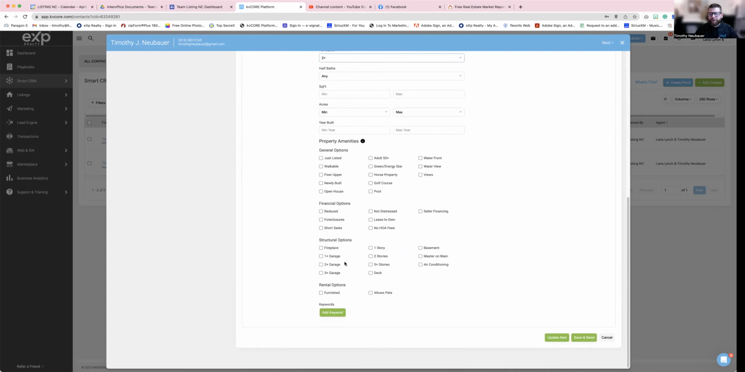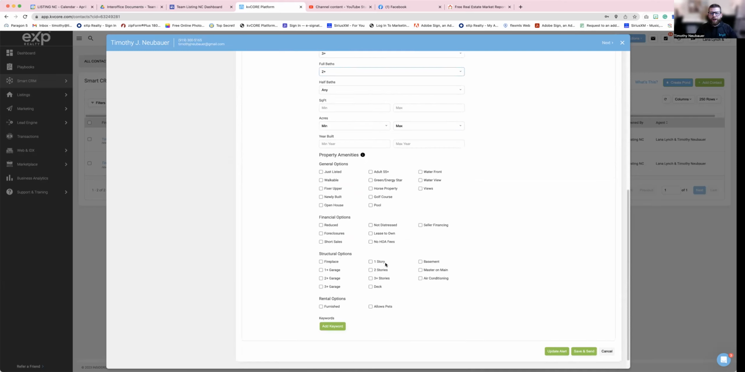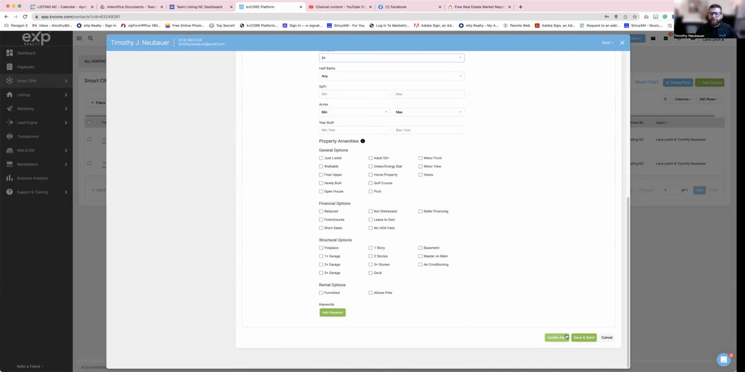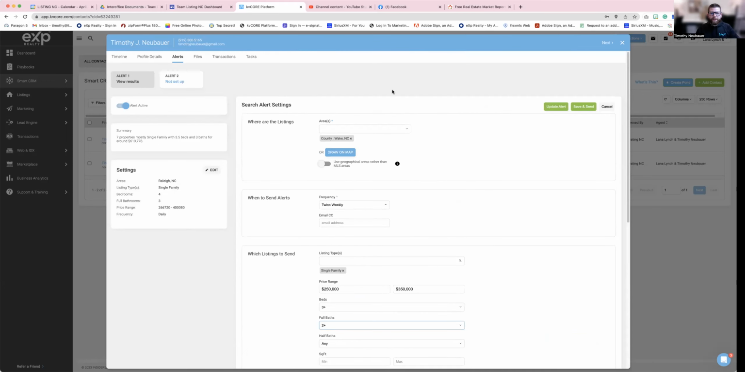Again, I haven't talked to this person. I don't really know what they're looking for, so I want to be very broad with this. I'm just going to update this alert. You can save and send it immediately, or you can just update the alert. Either way, this is where you would click those buttons and then that would save them so that they are